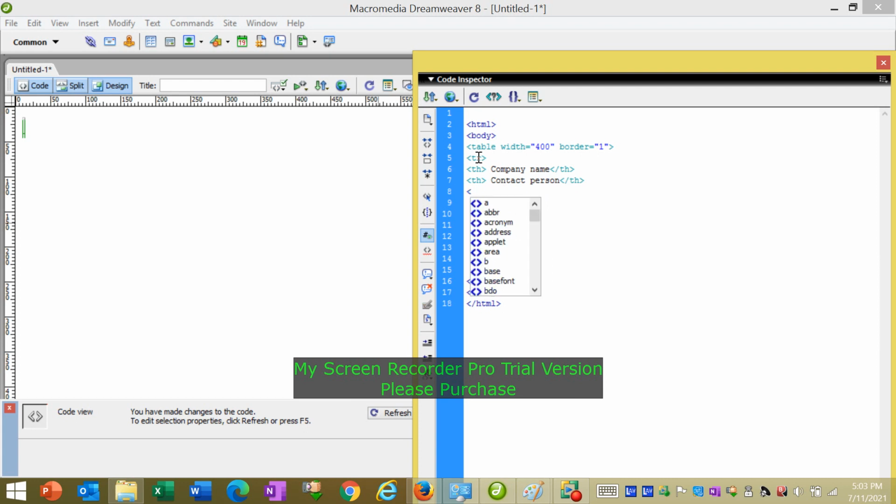The third table heading, my dear viewers, will be country. Then we close that table heading, my dear viewers. When we're through with the table headings, we need now to close that first row which has the headings. Then, my dear viewers, open another row,